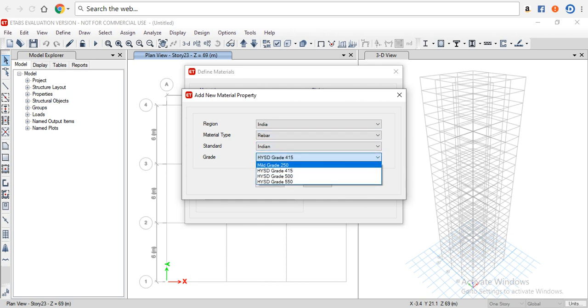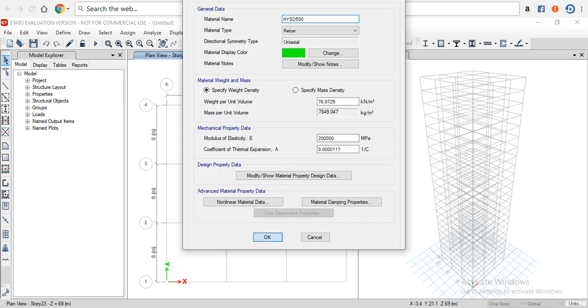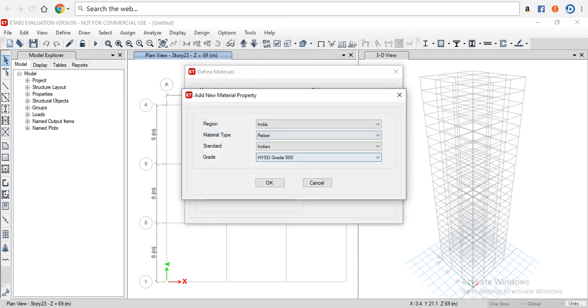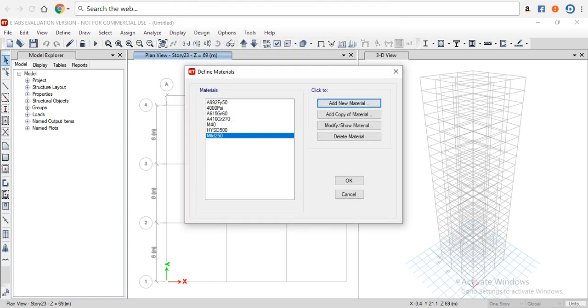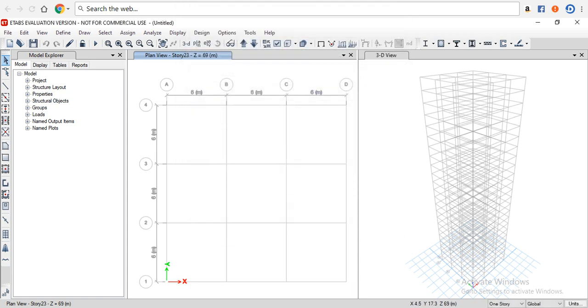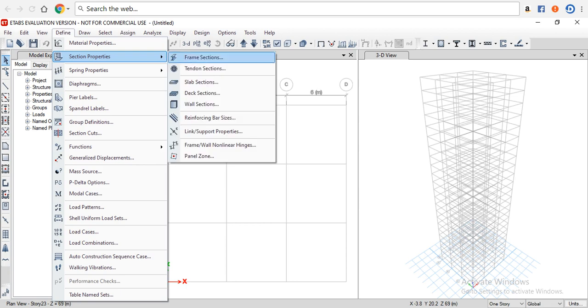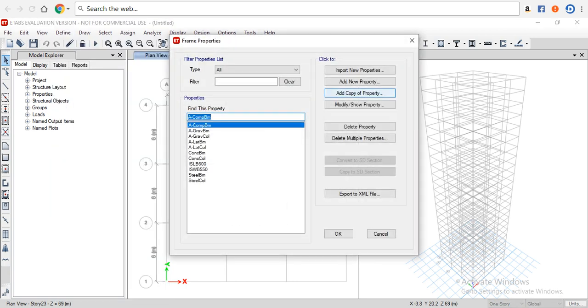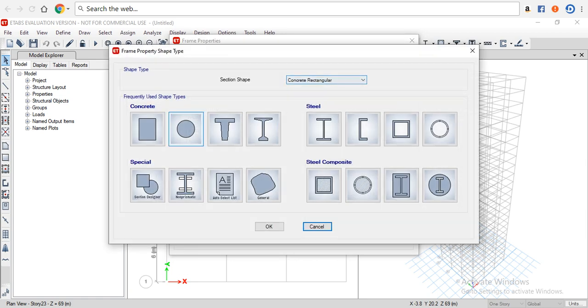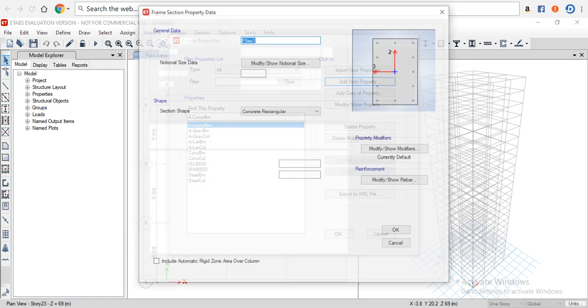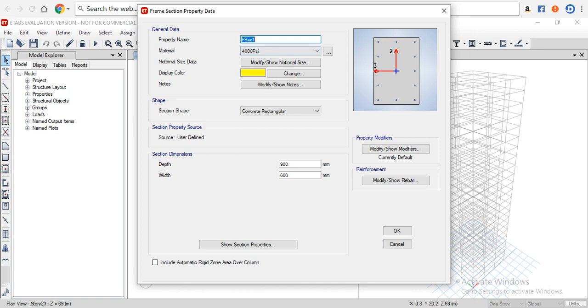rebar, the grade is HYSD 500. Then click on OK, OK again, add new material here, in rebar mild 250 grade, then click on OK, OK again, click on OK, materials are defined. Then go to Define, Section Properties, then Frame Sections, then add new property, add concrete rectangular, give the property name, column of size